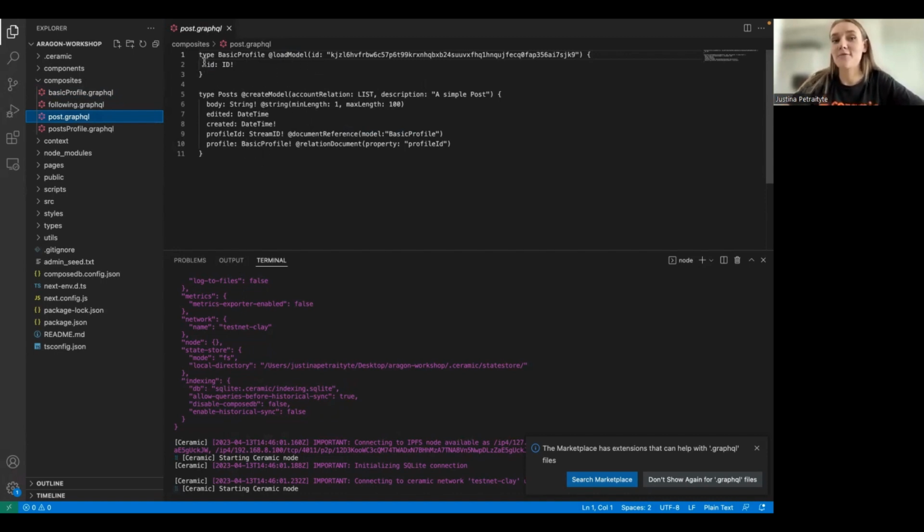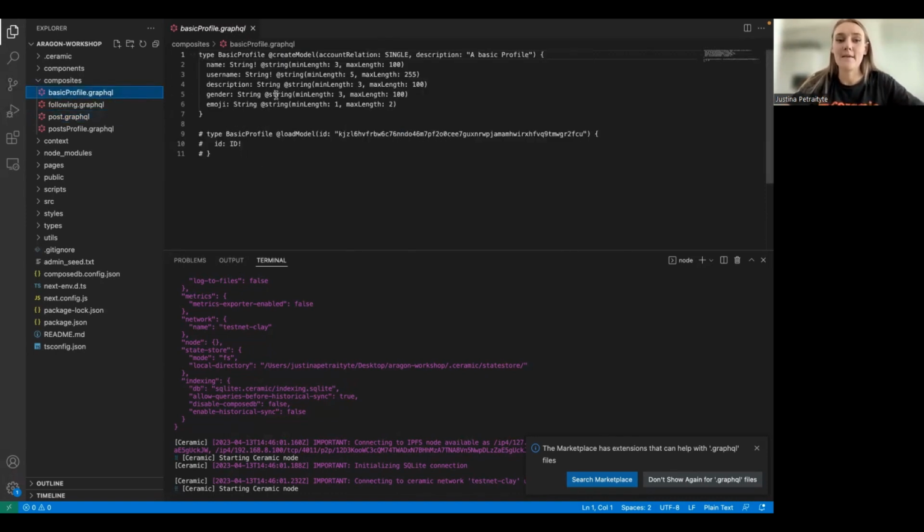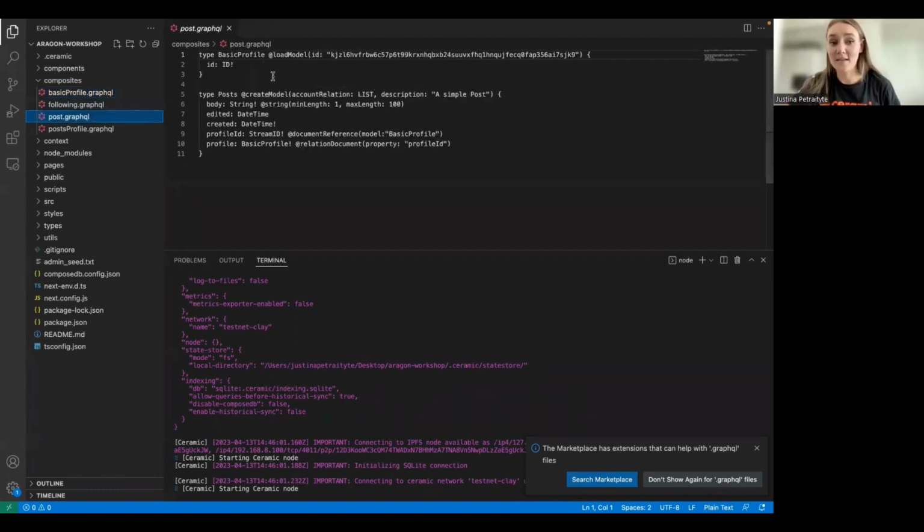At first, you will have to load an existing model. So that basic profile that is defined here, once it's deployed and indexed on your node, I will try to make sure that I can show how that works in action. But basically, once you run your app, it should automatically index the models that you have defined. And then this specific model will have that model ID attached to it, so that other developers can use your model, but also you can use your model in a much easier way when defining other models as well. So this is what's happening here.